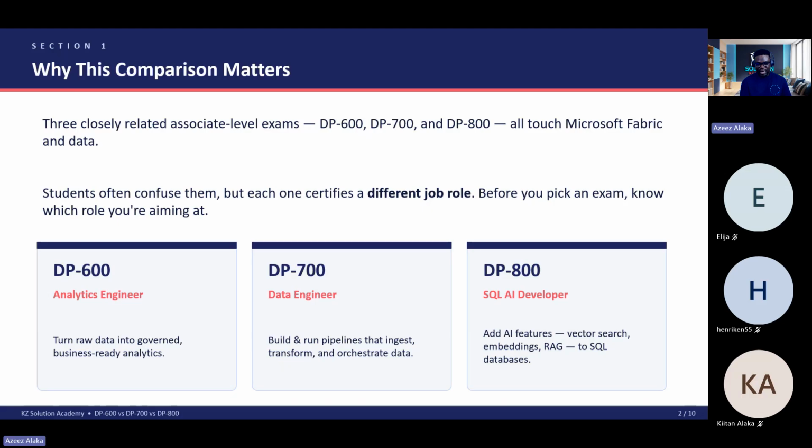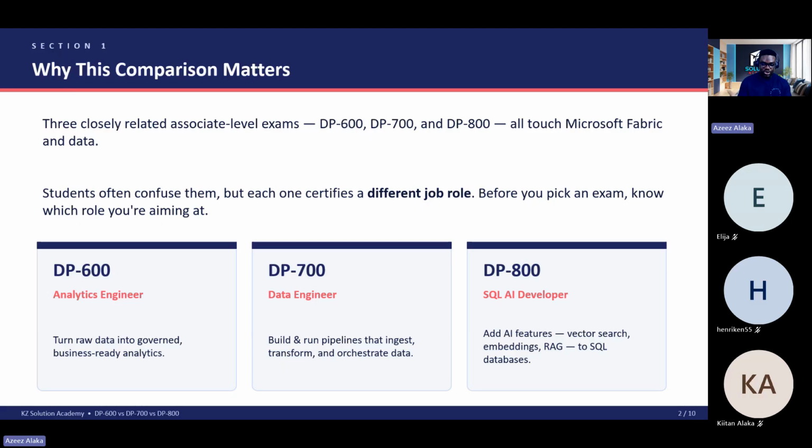The work of a data analyst is to explore the data, develop dashboards, and give reports. While the work of a data engineer is to create pipelines that collect data from the data source and make it ready for data analysis. So DP600 is actually analytic engineer. This is the intermediary between an analyst and a data engineer. If you are working as an analytic engineer, you can create a dashboard, you can create a report, and you also have some knowledge about data pipelines.